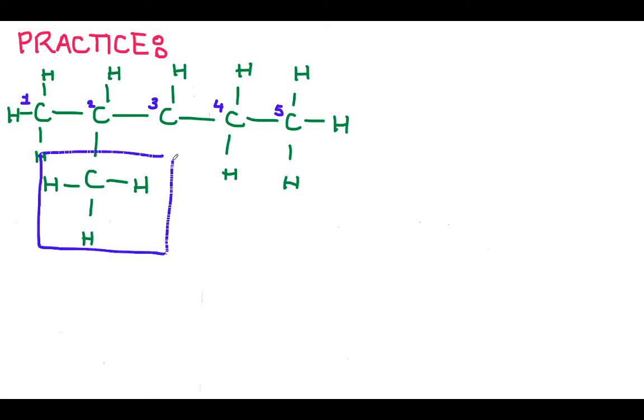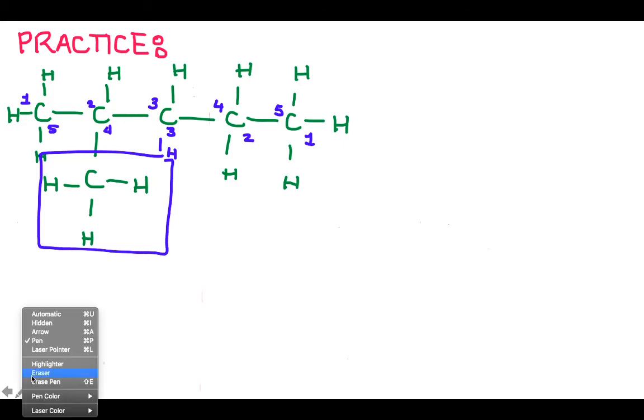That's totally fine. We will name that later. So there's a few ways that I can name it, right? I can name it from left to right, so 1, 2, 3, 4, 5, or I can name it from right to left. So if I wanted, I could do 1, 2, 3, 4, 5. Oops, I think this carbon is missing a hydrogen, so I'm just going to write that in there. So I've got a few different ways, left to right or right to left. There is one way that's most correct, and we'll get to that when we actually name this.